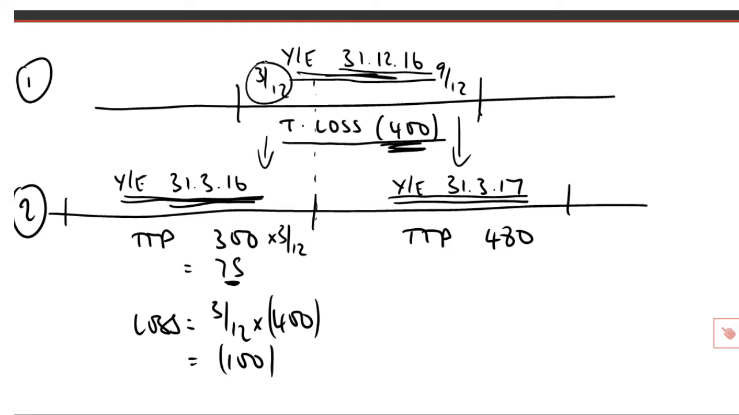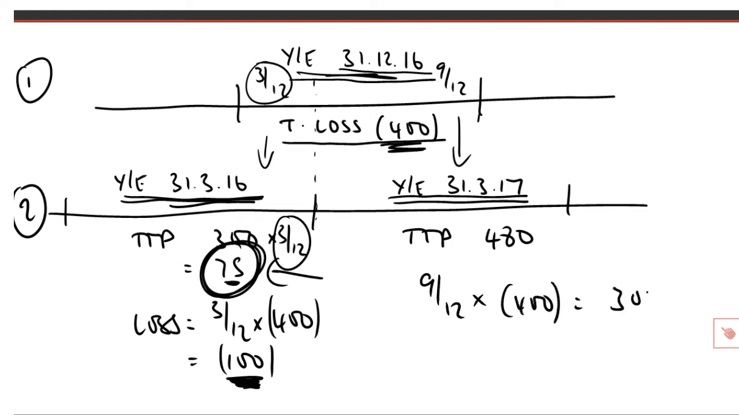So 3 months of the loss against 3 months of the profit. £100,000 of loss would have been available to be group relieved, but it can only be group relieved against £75,000 worth of profit. So the maximum group relief there is £75,000. Looking at how much of the loss, 9 months worth of the loss, 9/12 of the loss of 400, 300,000 of the loss is available to set off against not all of the 480, but the corresponding bit, 9